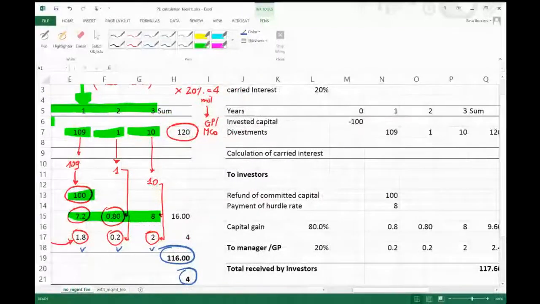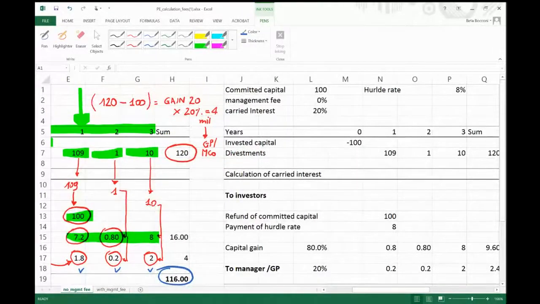So, if this is how the hurdle rate works, we can return to our example, and we can show how numbers change. And the numbers change clearly in favor of the investor. Why? Because, again, we have the same numbers, committed capital 100 million. Again, we assume that in these simulations we don't have any management fee. We have the standard carried interest of 20%, but a new condition appears, the hurdle rate of 8%, which basically means that